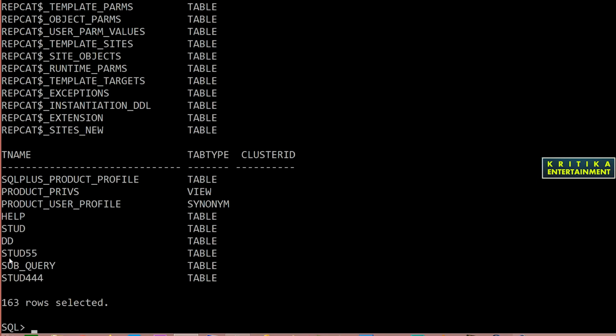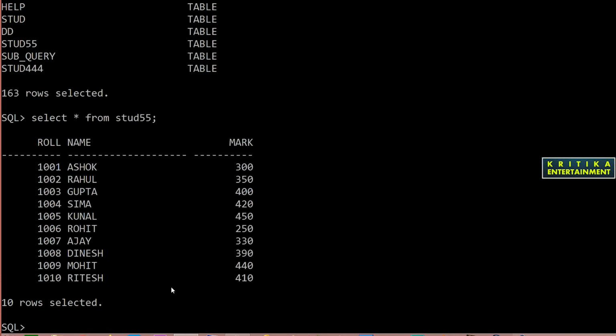Suppose here the stored 55 table is displayed. I type select star from stored 55 to see what data is there. Yes, the data is there.